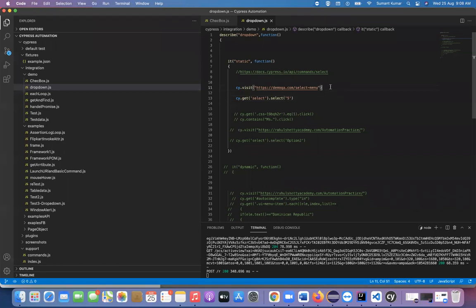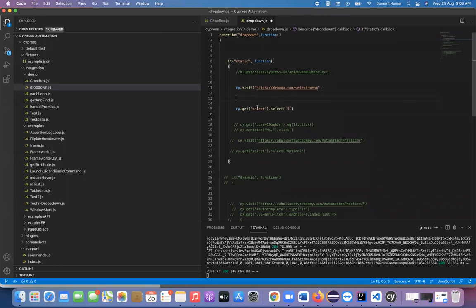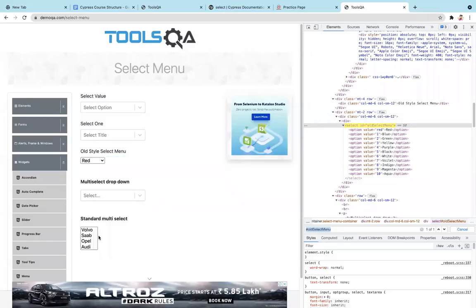Can we use the contains method here? So I'm just using cy.get, and we can use the normal click. After using click, the drop down will be open, and after the drop down opens, we can click anything, right? Red, blue, anything.